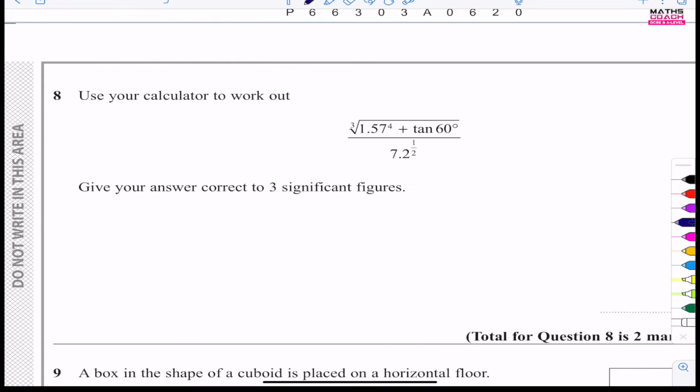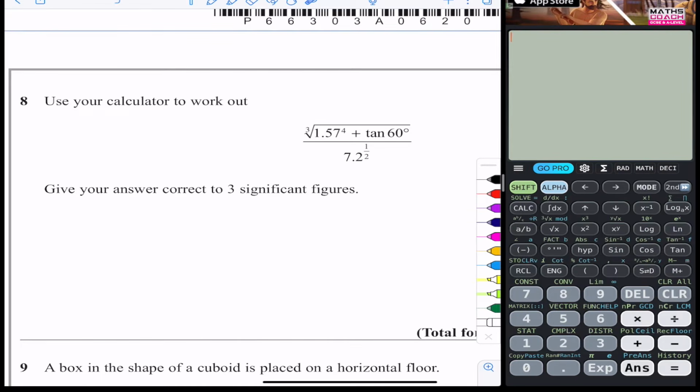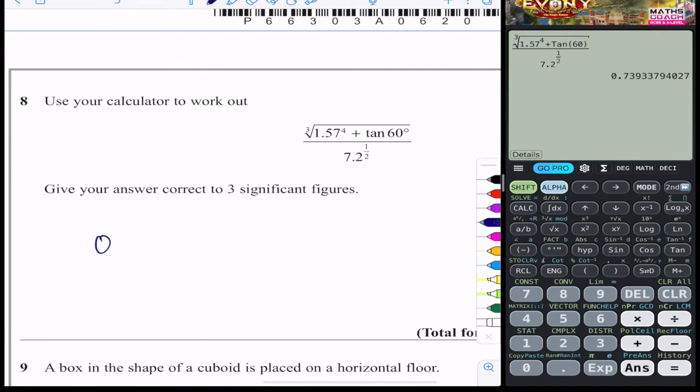Okay, question 8. Use your calculator to work out this very complex calculation. Give your answer correct to 3 significant figures. So I'm going to show you how this is done by using a calculator. As you can see, here's my calculator. The first thing I'm going to do is press a fraction, then the cube root, which is only for the numerator, and then 1.57 to the power of 4. Press the cursor to the right, plus tan 60, close that bracket, go down, 7.2 to the power, again the fraction button, a half is the power, and that gives us